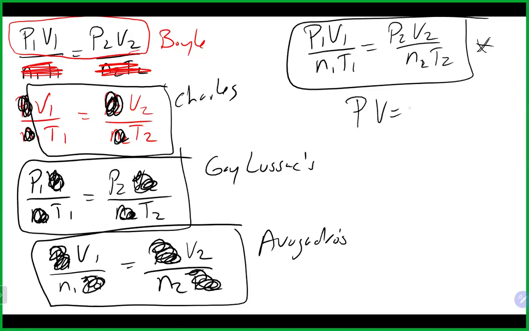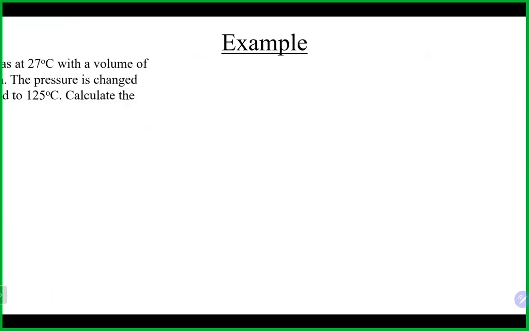And just for good measure, know the ideal gas law by itself, and you'd be in good shape for any formula that you would need in terms of those gas laws. Any questions on how that all works? Essentially, just scratch out what's not given to you or held constant, and that should leave you with either Boyle's law, Charles' law, Gay-Lussac's law, or Avogadro's law. And if you know that and the ideal gas law, you should be in pretty good shape. Any questions on that? All right, so let's try one here.